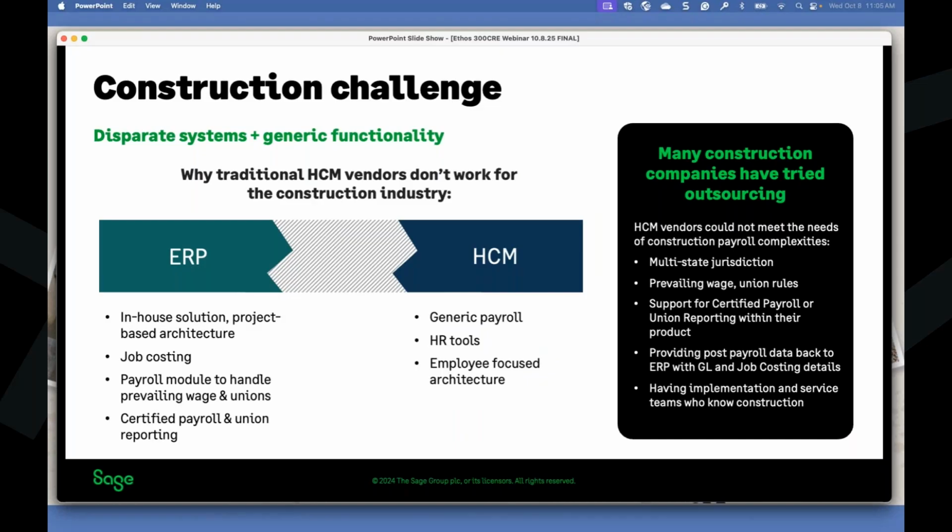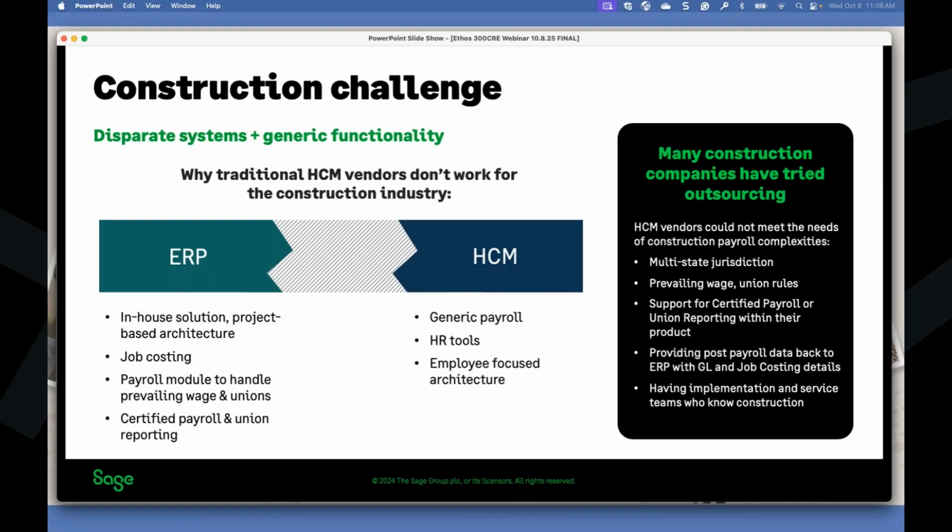So people just kept it all in-house and then they left it alone. With Sage 300 CRE today, accounting and payroll is in there, and it was never really moved to an HCM system because they were so disjointed. You couldn't handle the job costing and the payroll modules communicating with different HR tools. It was a lot of seams and silos of technology and also manual management in Excel.